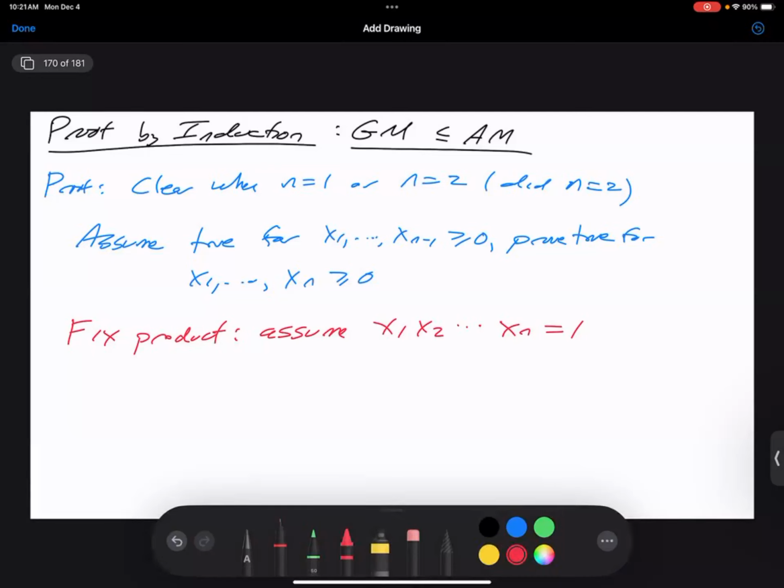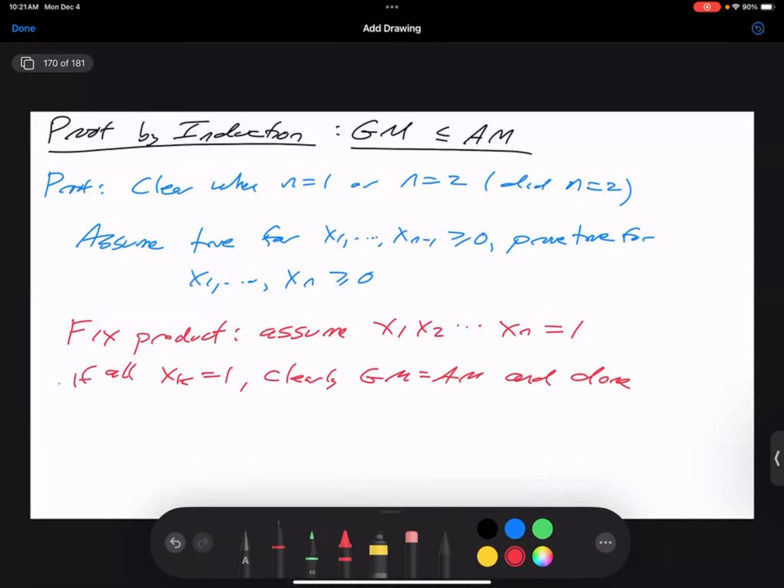I want to apply induction. I have to have n objects. So if all xk equal 1, clearly the geometric mean equals the arithmetic mean, and we're done. Right? So now,